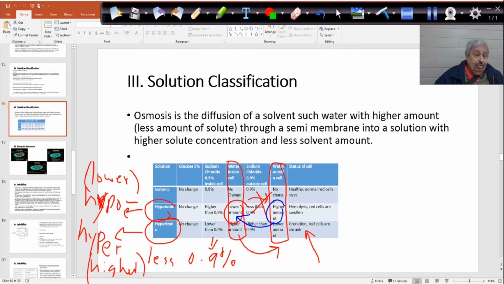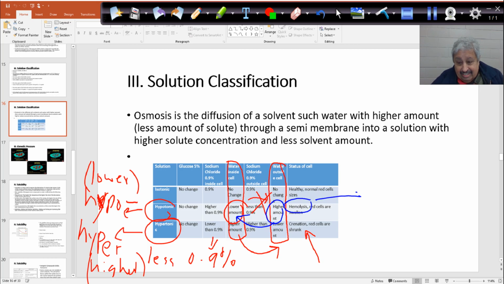And it will come to the point that H2O will come in and into the whole red cell, and the cell will rupture, just like a balloon. You keep pumping gas or helium or argon inside the balloon to the point that the whole balloon will explode, correct? And the same thing with the red cell. You keep adding H2O, then the red cell will rupture, and this type of solution is called hypotonic solution,